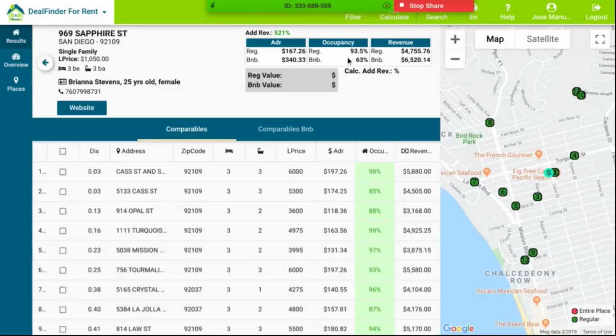But when the property is in the short-term rental market, the occupation is less, not as big as on the regular rentals. But the numbers, as you can see, most of the time they work in your favor.